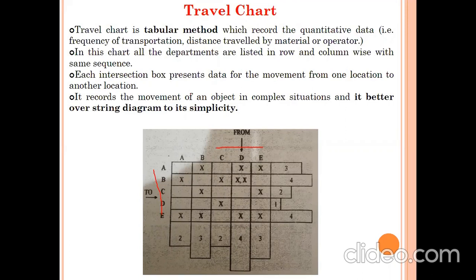So here what is there? Here we can understand the material is moving from which point to which point, or which department to which department, or which workstation to which workstation. So from A to A workstation, how much time is required to travel? Or can we say the material is traveling from A point to A point? Can anybody tell me? We can say that material is traveling from machine A to machine A?